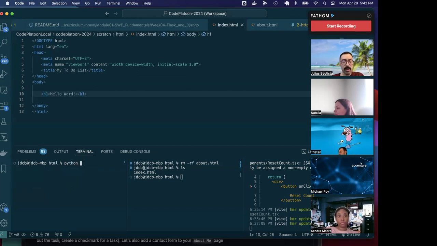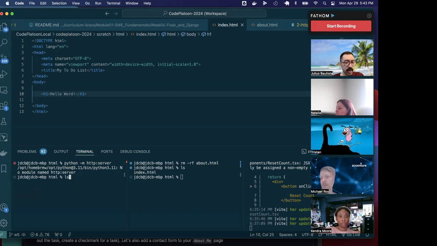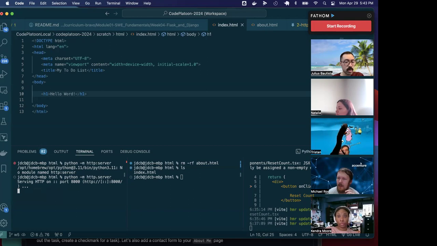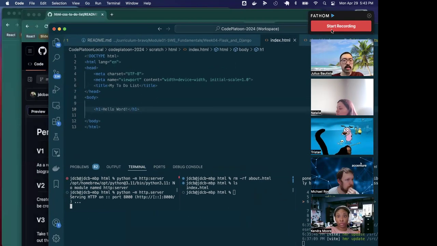And I'm going to do a Python -m HTTP server, I believe. Whoops. What is it? Dot server. So HTTP dot server. And now this has opened up a